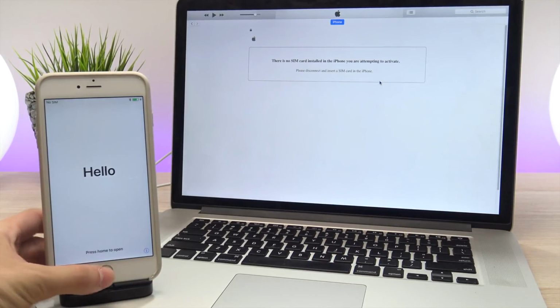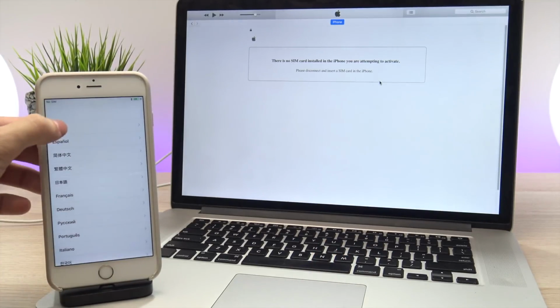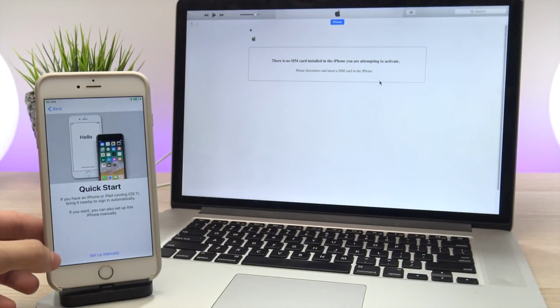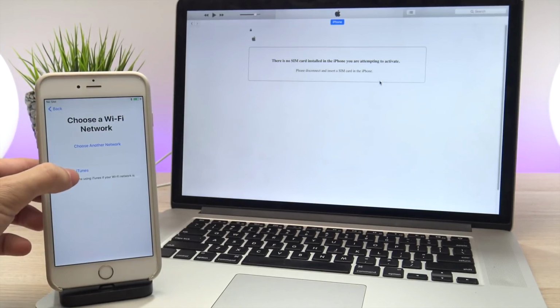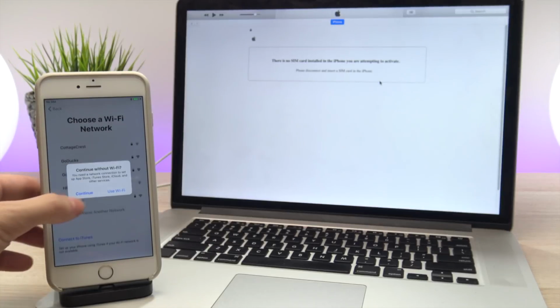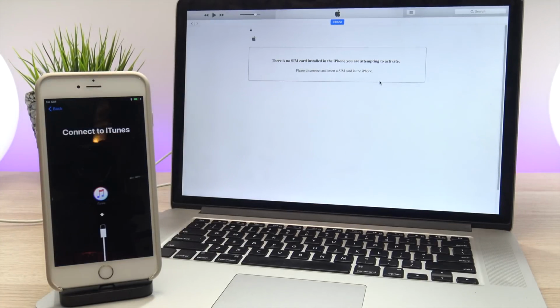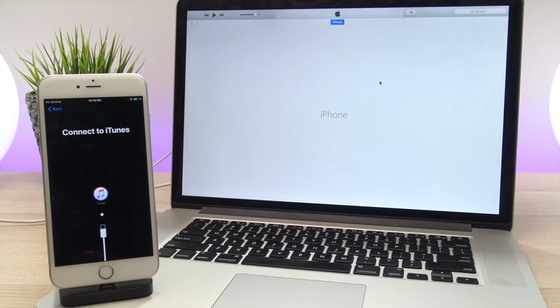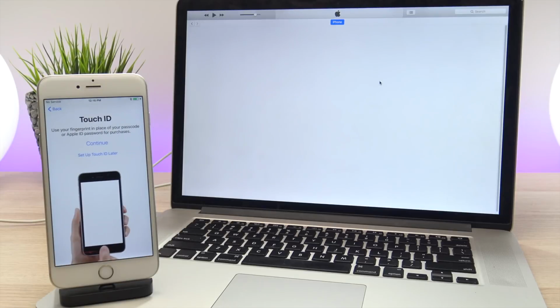Anyway, once the device restores to iOS 11.1.2, this time I'm going to set it up as a new device and go ahead and re-input my iCloud and install all my apps manually again. Now, if you came from iOS 9 or 10, you do have the option to restore from a backup, but as the same thing goes from downgrading from 11.2 to 11.1.2, I personally just like to set it up as